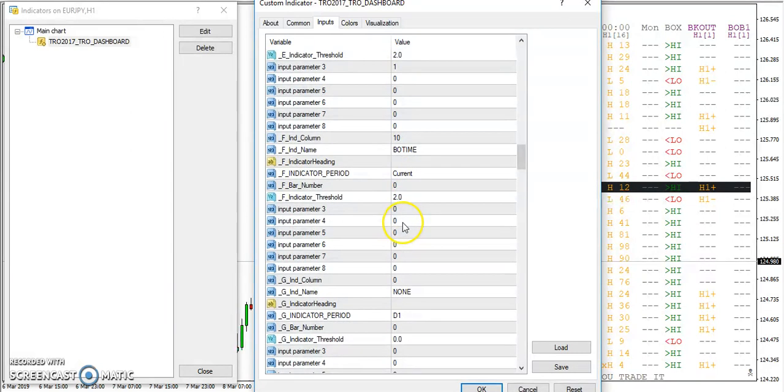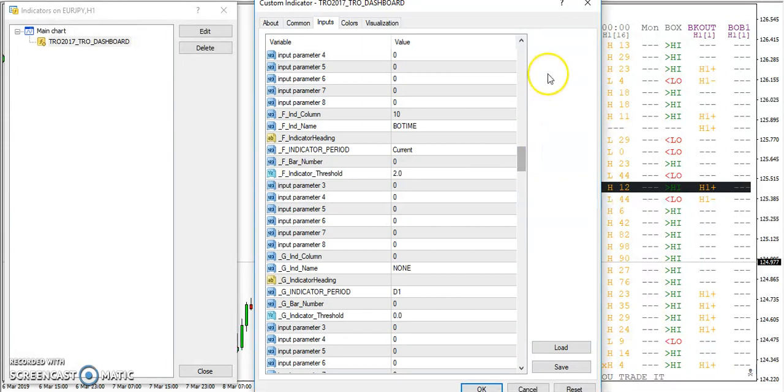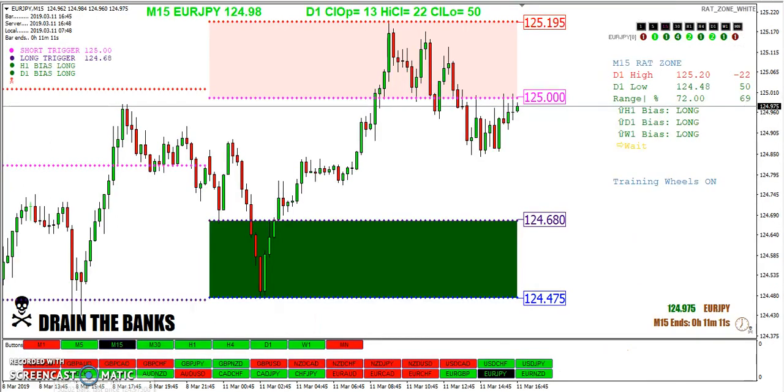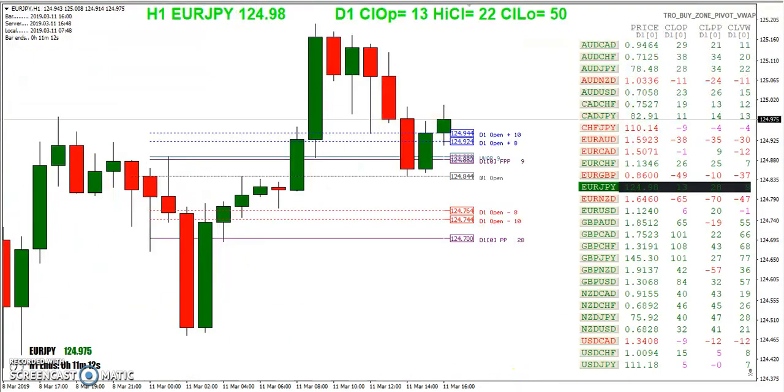Once again, I've got it set up for 0, 0, 0, 0, that time candle. But we will get into that in another video. But let's go back and go through our normal